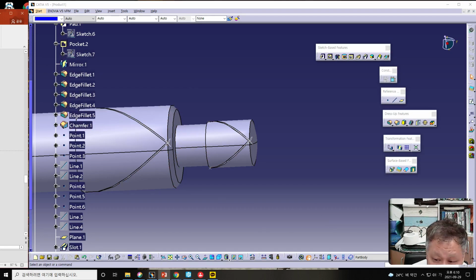And also the slot can be made in this case,